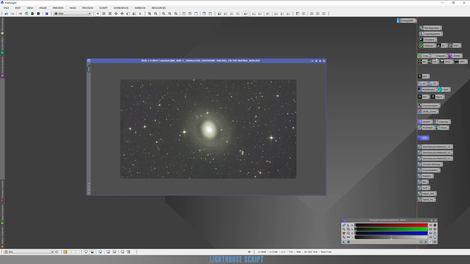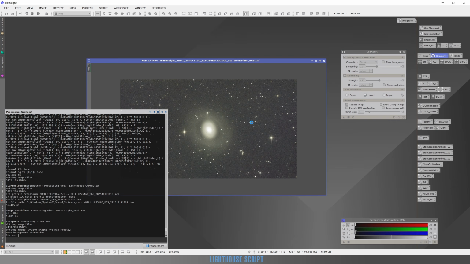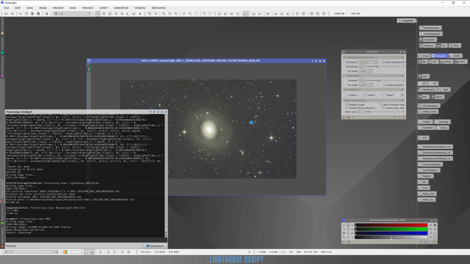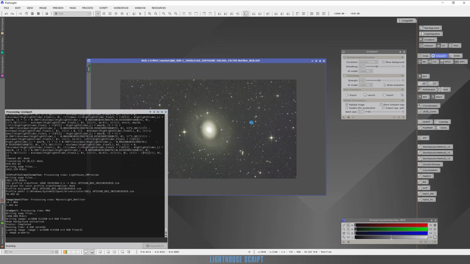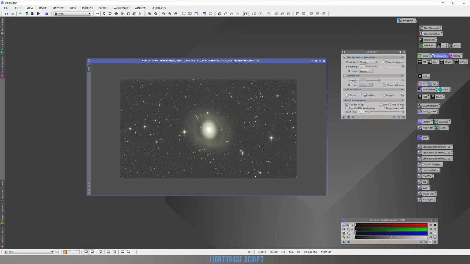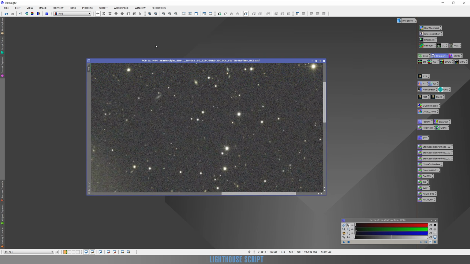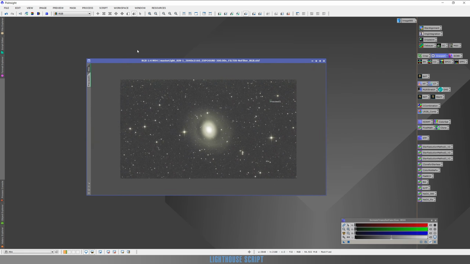First of all, I will be quick in this process. I will use Graphics on this to remove some gradient. I know I have a satellite trail that is left, but I will not bother with that. Okay, Graphics is done. Let me make a preview of the background and another preview for the galaxy so we can